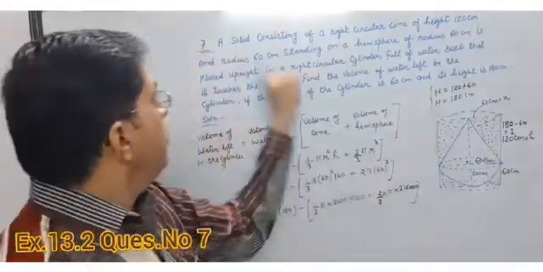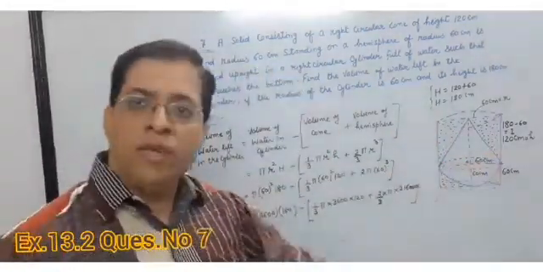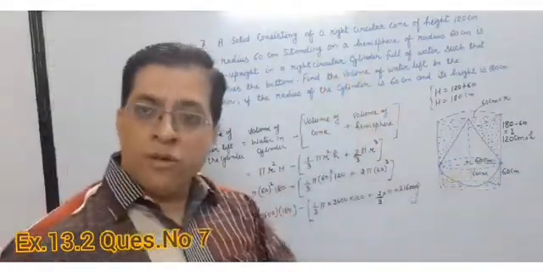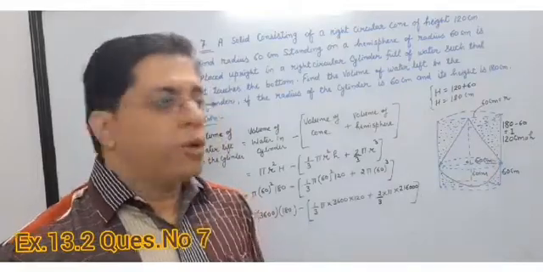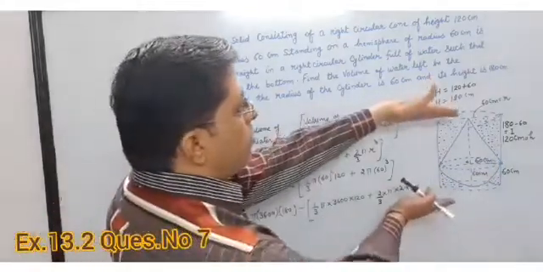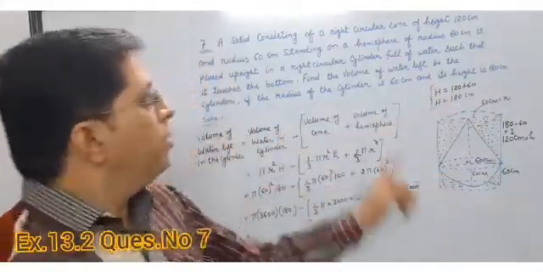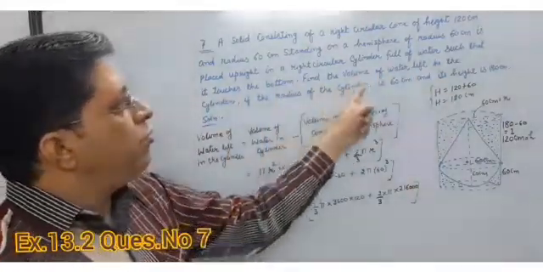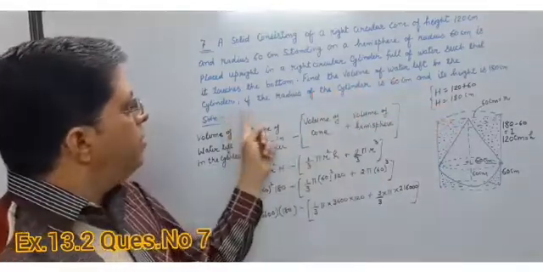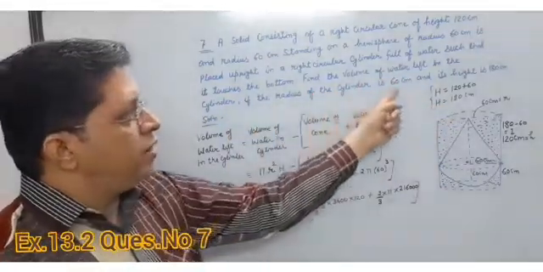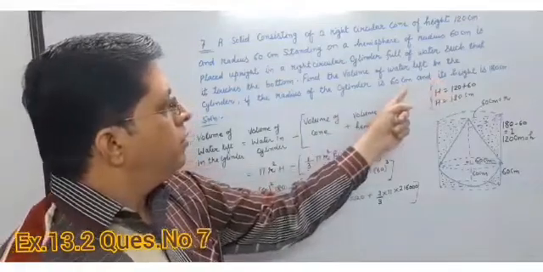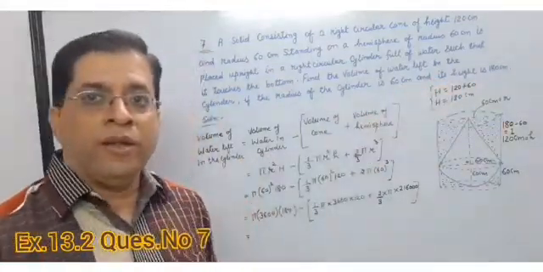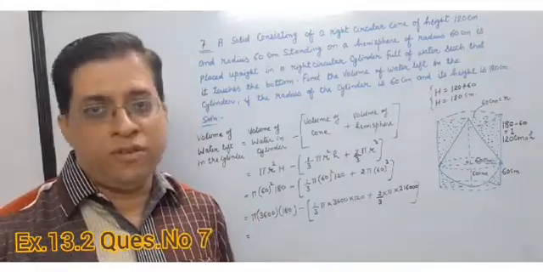Radius 60 centimeter, it is given to you. And hemisphere radius is also given to you, 60 centimeter. Total height is given to you of that, 180 centimeter. Now come on here. Full of water such that it touches the bottom. Find the volume of water left in the cylinder if the radius of cylinder is 60 centimeter and its height is 180 centimeter. Okay, radius of cylinder is also given to you, 60 centimeter.